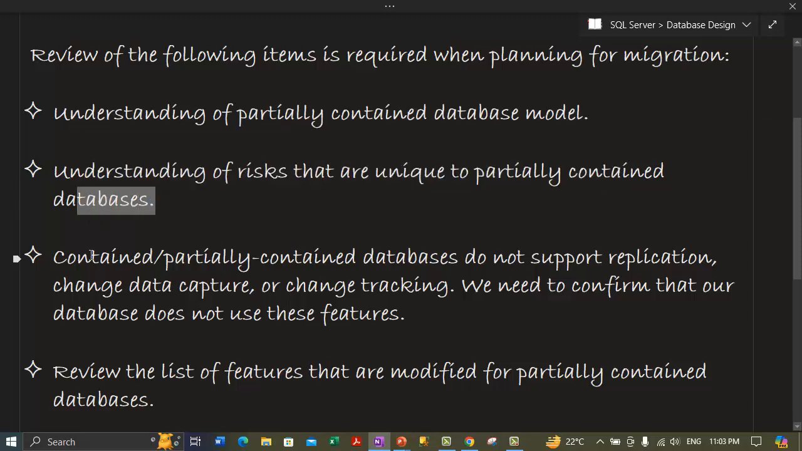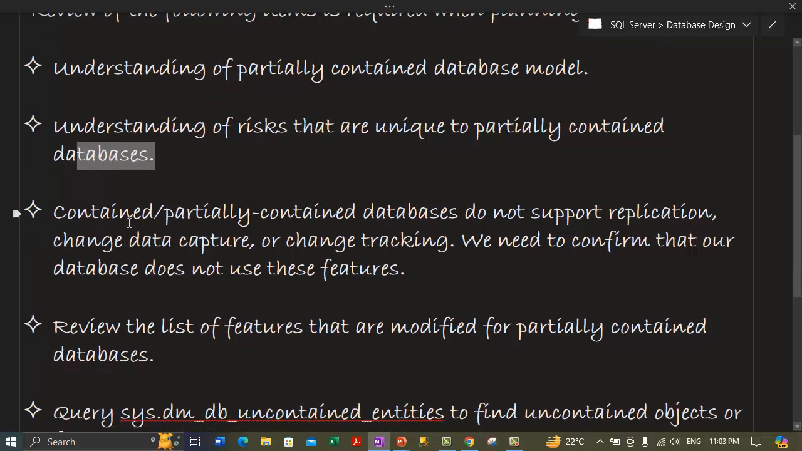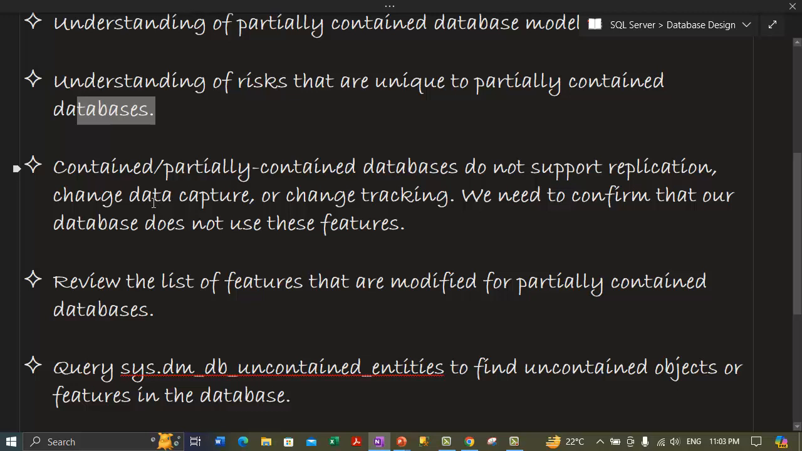So there are some risks or limitations involved with the partially contained database model. So you should be aware of those risks. Please watch my previous video. I'm reiterating it again. And the next point is